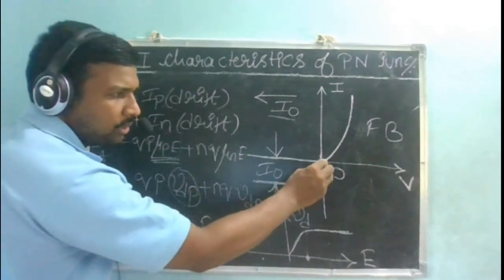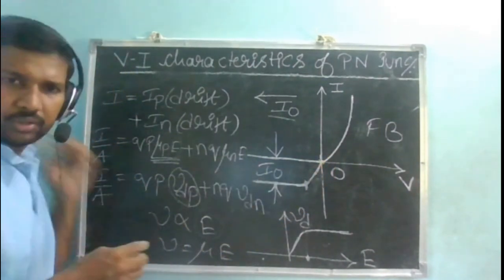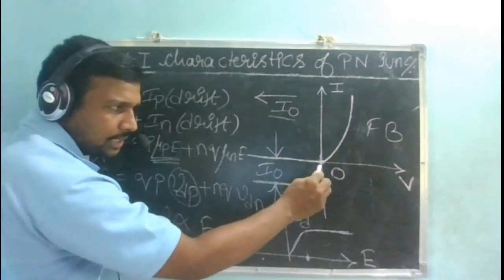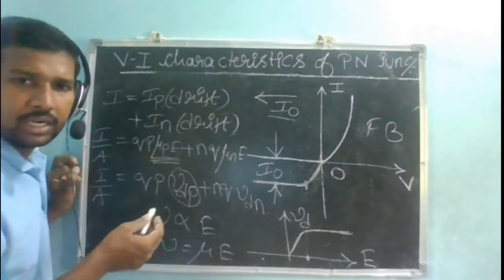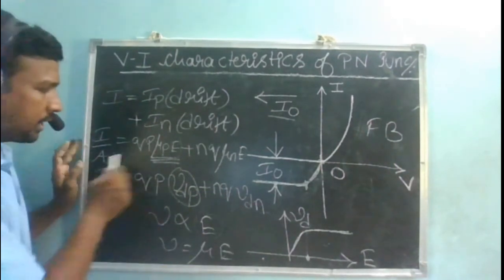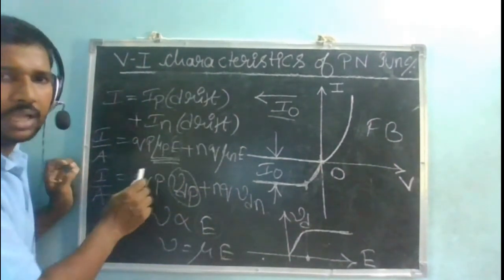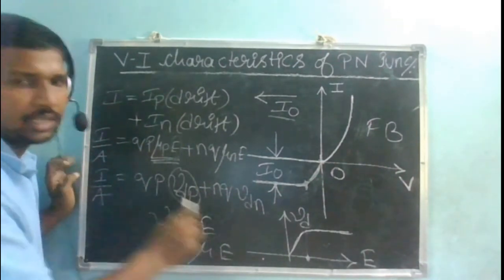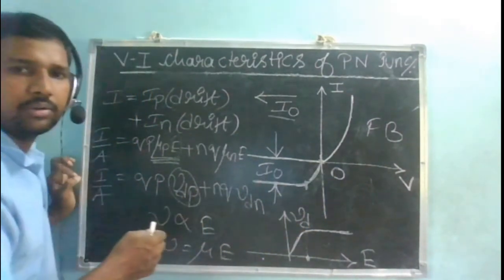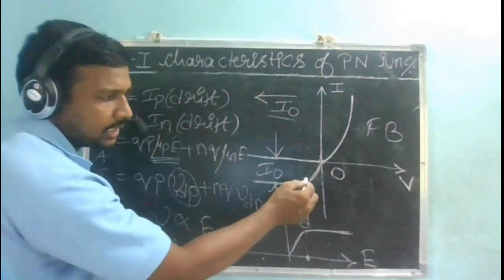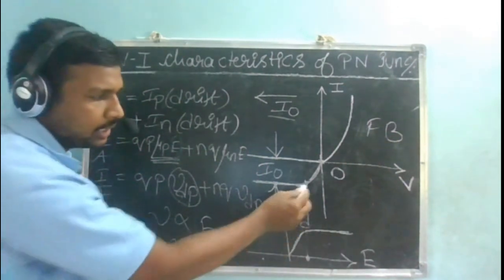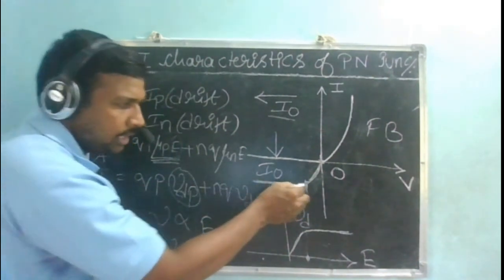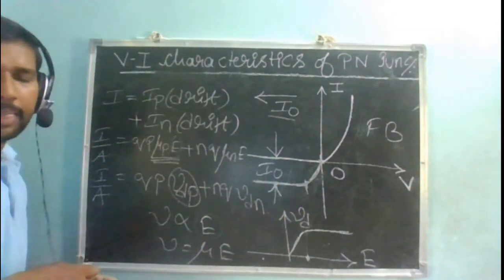No one bothers about why it is varying like this. You can ask your friends why it is varying like this. Initially it is increasing with your voltage. Why is your current increasing linearly with your voltage? Because your current is proportional to your drift velocity, and drift velocity is proportional to your electric field. That is why your current is linearly related to your voltage. But once the electric field has crossed a certain number, your Vd is no more linearly related, but it is going to get saturated. That is why your current is also going to get saturated. Is this understood?